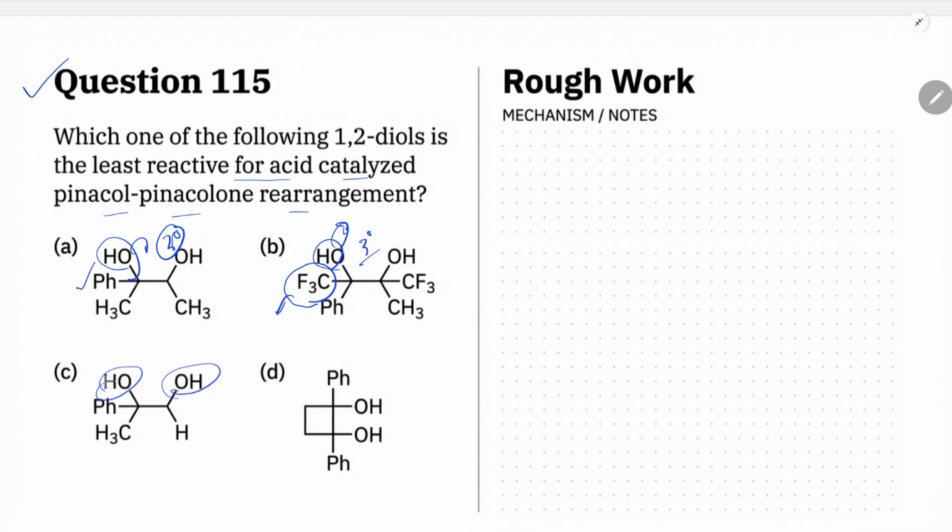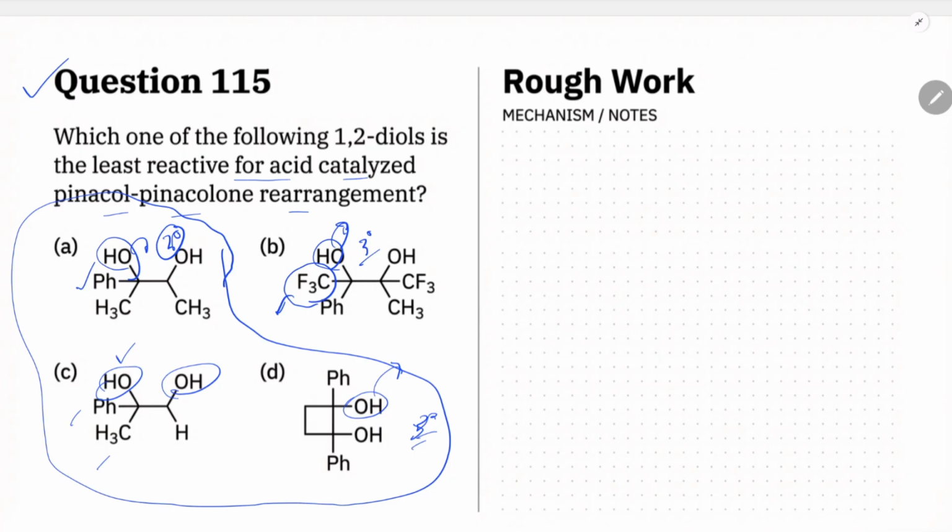Here no stability, here stability is there, similar phenyl resonance and hyperconjugation by CH3. In this case, if this group releases, then it will also generate a 3 degree carbocation and phenyl resonance will stabilize the system. So all three have good tendency to do pinacol rearrangement